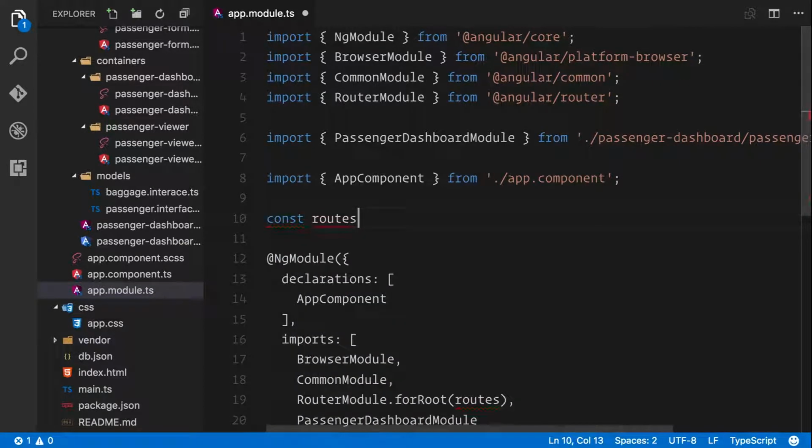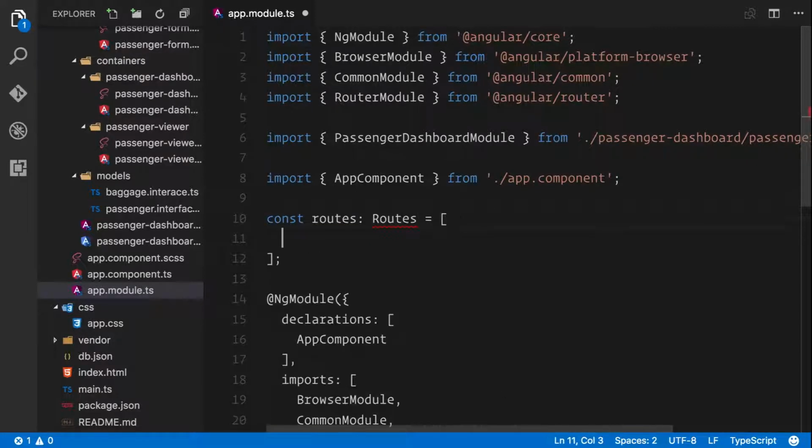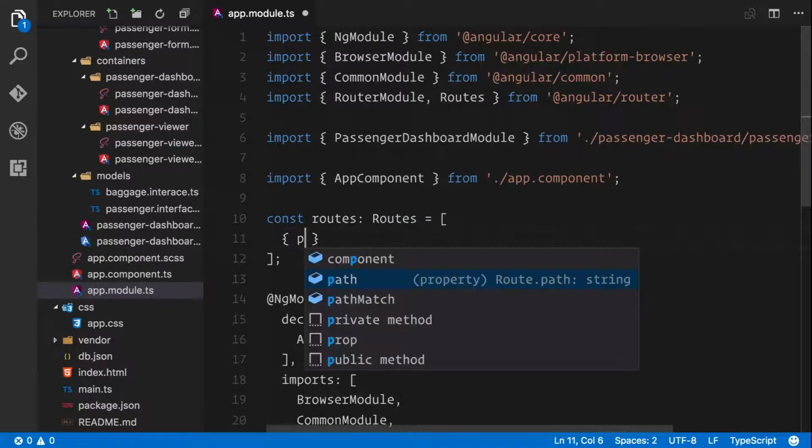However, because we have the actual components available that we might want to route to, it might make sense to keep them in the module. So our routes are going to be of type Routes, and you can see the capital R, and all these routes are an array. So when we split these onto a new line, we'll start to create an array of objects. Before we do this, we will go up here and import this Routes definition, just so we can keep track and make sure that we're implementing things properly,